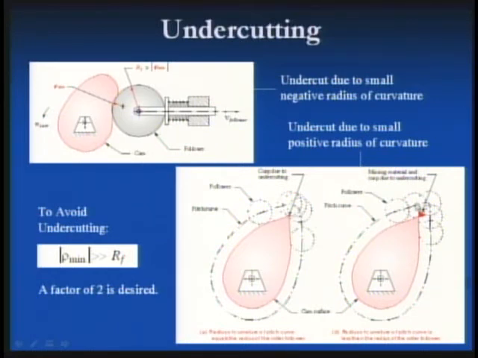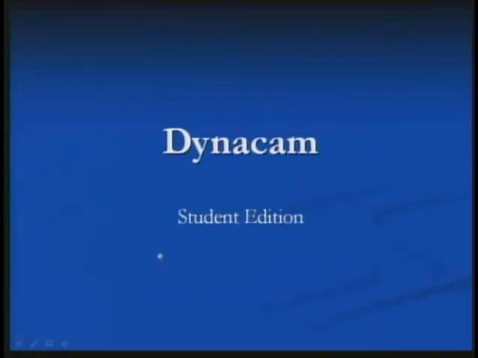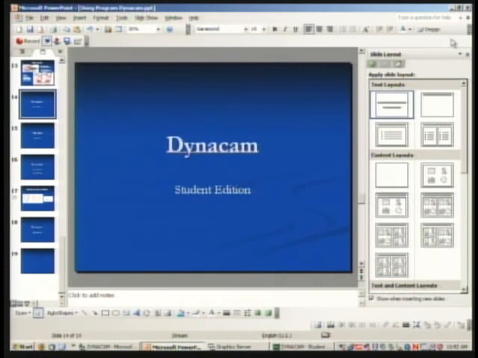If the radius of curvature of the pitch curve shown here in dotted black gets even smaller than the radius of the cam follower, which is this radius right here, then I'm going to cut away material that needs to be there for the cam and still be left with a cusp. So either of these conditions is unacceptable. So what I want is to have the absolute value of the smallest radius of curvature always much larger than the radius of the follower. Or another way to say that, I want to have the follower radius smaller than the smallest radius of curvature. So let's go back to DYNACAM and we'll see how we create that